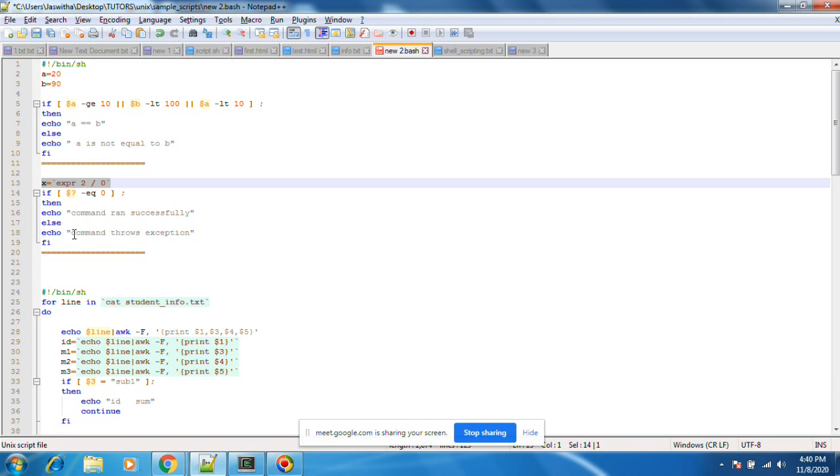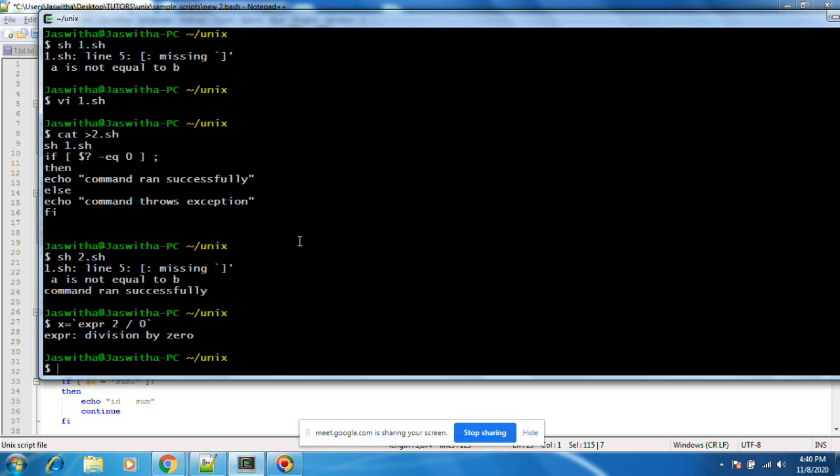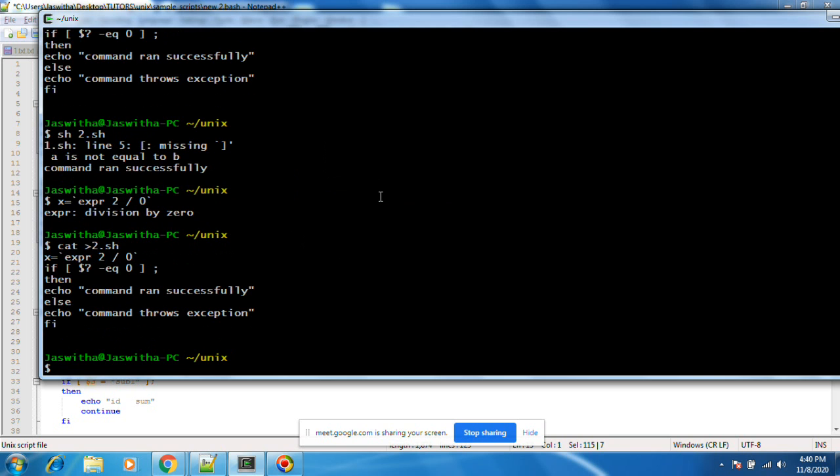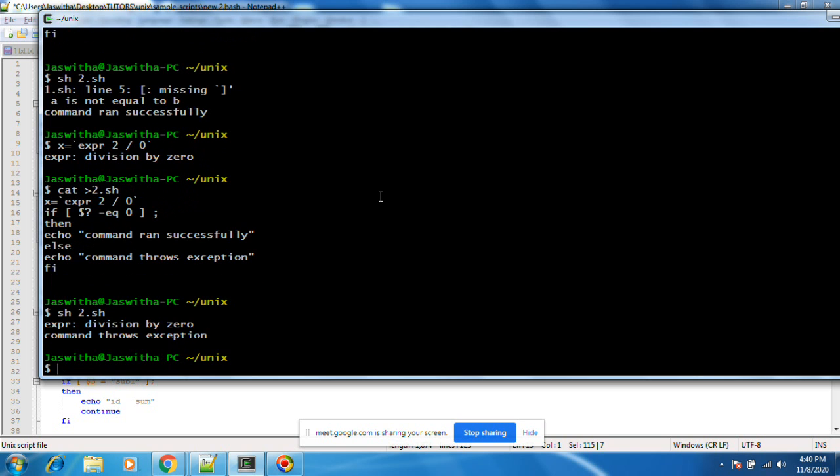Let's run this one, whether it runs successfully or throws an exception. See, the command throws an exception. Correct. This was executed, whereas previously the script went fine.